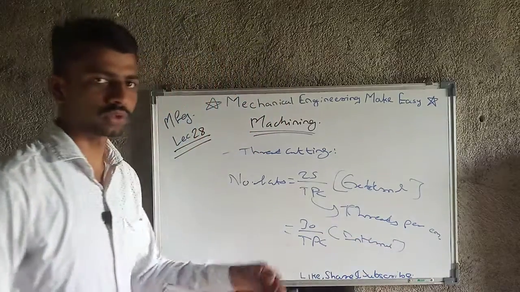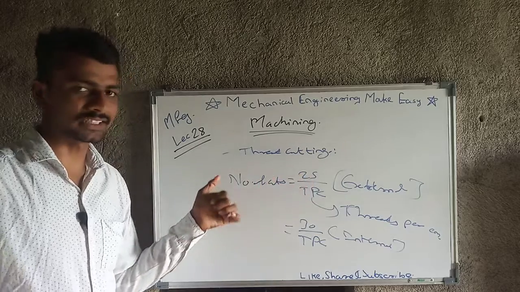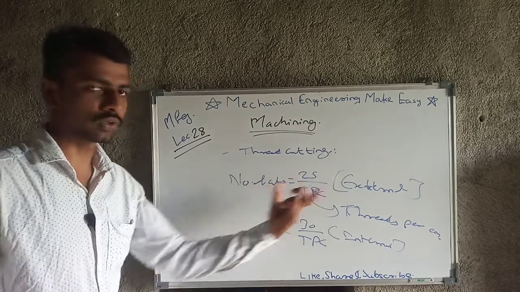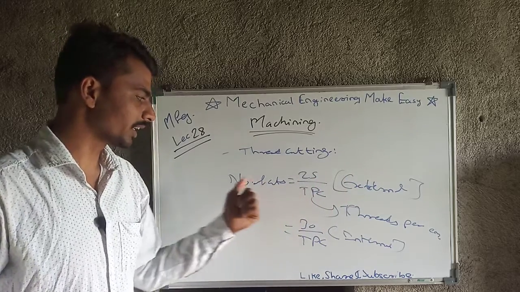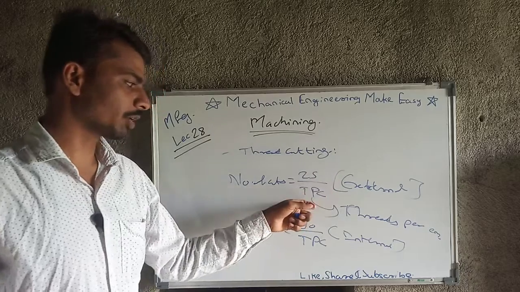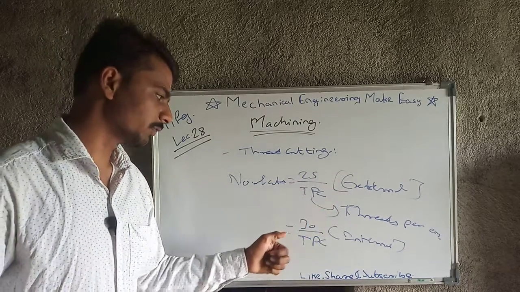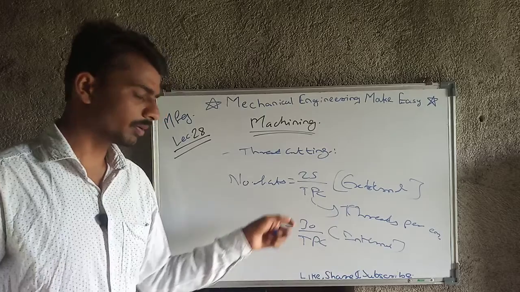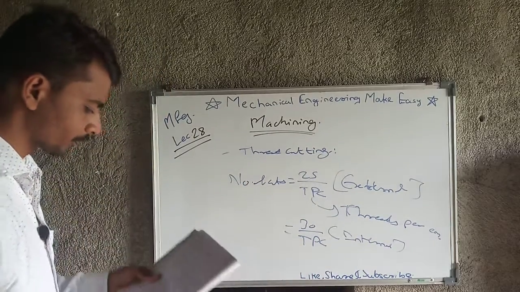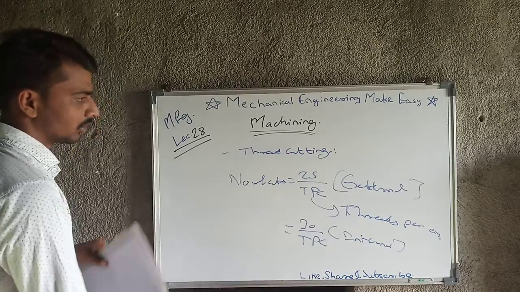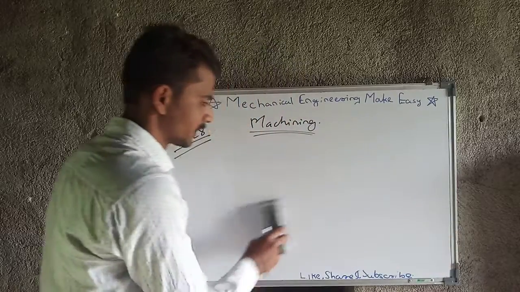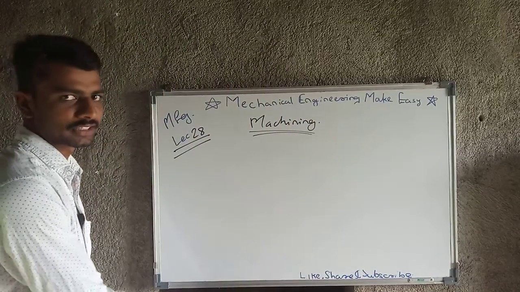As I have given you an idea before, we can perform external threading and also internal threading. Firstly we have taken external threading into consideration. In that case the number of cuts required for the threading operation will equal 25 upon threads per centimeter, and for internal threading 30 upon threads per centimeter is the number of cuts required. These are 3 to 4 important operations I have taken into consideration. You can perform knurling type operations also.